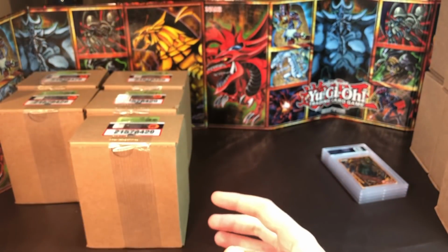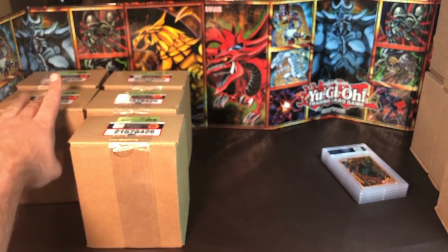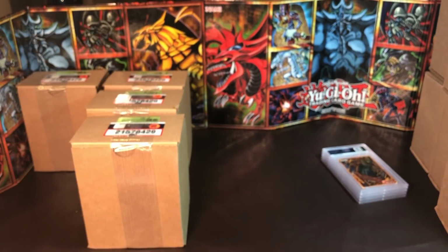One less LOB card. I'd really like to get into the rest of this submission, but I don't know if we're going to or not. I do know of some more tournament pack cards. I have a few tournament pack 8 cards I'd like to see, and a few more promos. So if this gets up much over 30 minutes, which it probably will in this box, we'll probably call it quits, and we'll split it off into a second part. But until then,